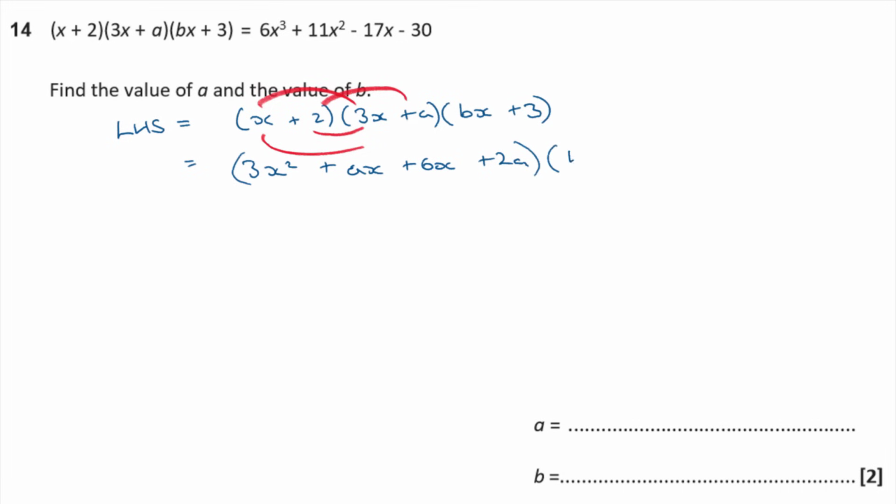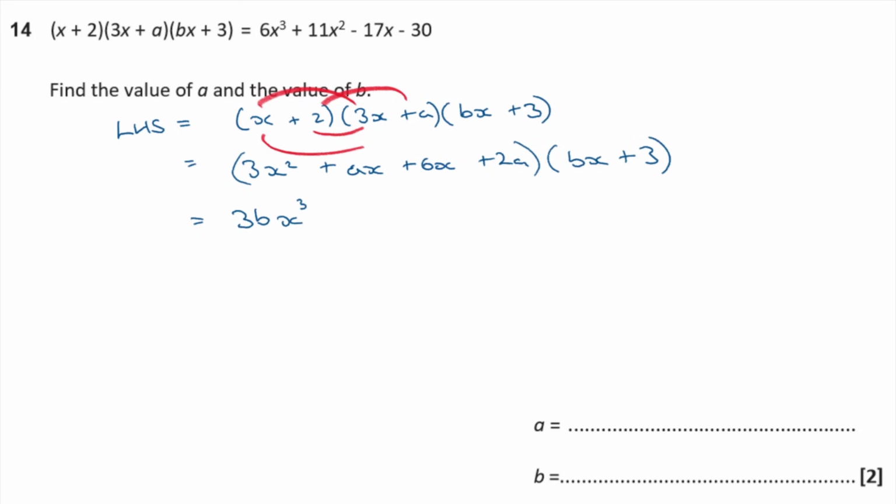Okay, and then I need to carry on multiplying it out. Now I need to multiply everything in the first bracket with everything in the second bracket. So I'm going to start off by multiplying everything through by bx and writing it down first. So 3x squared times bx, that is 3bx